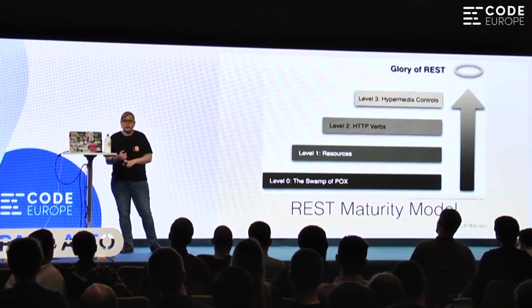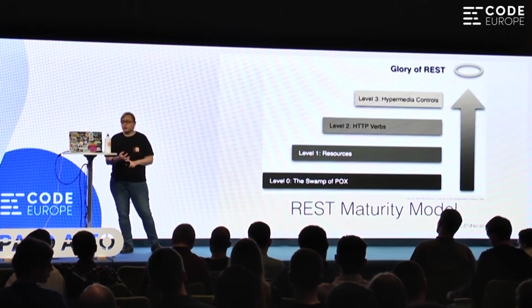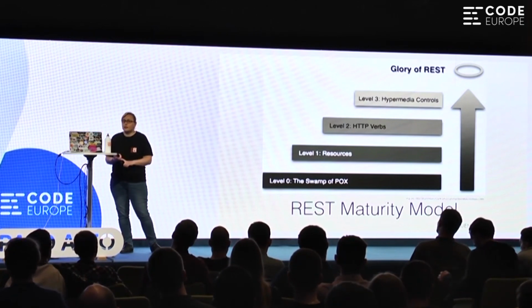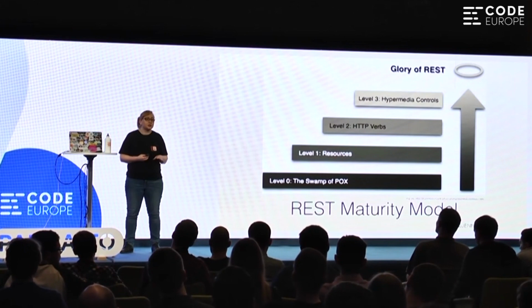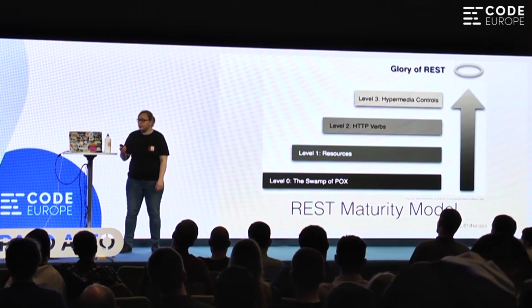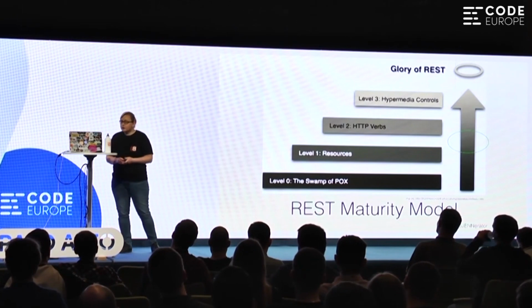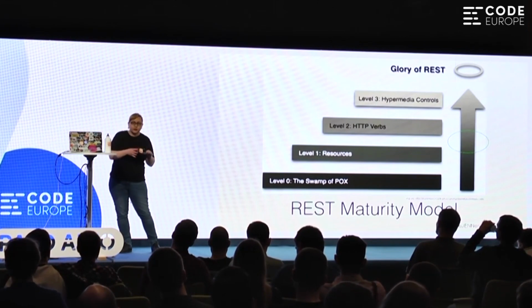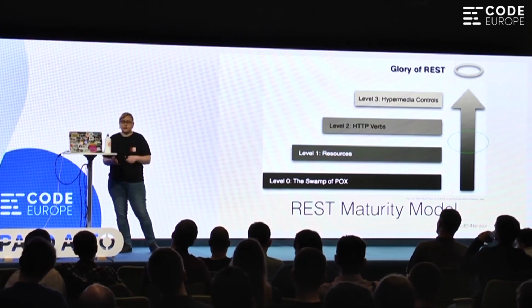So things like whether or not your API uses proper resource names, whether you're following the HTTP standards when it comes to verbs and status codes, and then the last criteria of whether or not your API actually uses hypermedia. When we looked at the different APIs in our organization, we noticed that most of them are not actually RESTful. They usually fall somewhere between a level 1 and a level 2. So we're using the right namespacing, but we weren't really consistent about the way that we were handling the HTTP